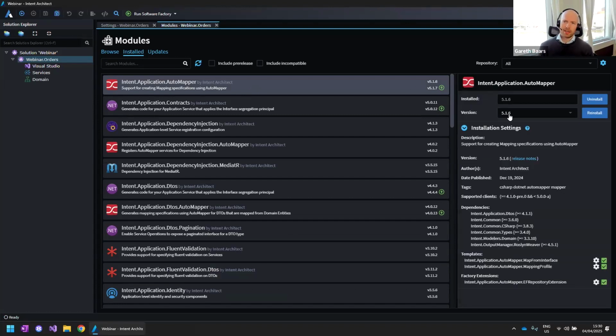So the other thing that you guys will notice here is that if we look at any particular module, that module also has different versions. Now, once again, these are not versions of the NuGet package. These are versions of the pattern. So just as a quick example, let's say that a team has built out an application, and that application was quite a large one. It's been built for several years with a substantial team, and it's over 1 million lines of code, and it was using automapper, right? And let's say for whatever reason, Jimmy Bogard, who's the author of automapper, decides to change his API completely because he's had some new revelation, and we on our team want to upgrade to this latest version of automapper.